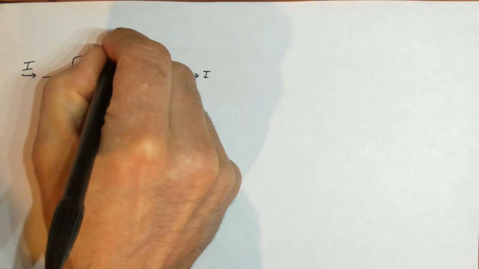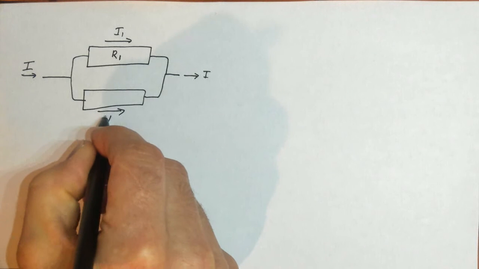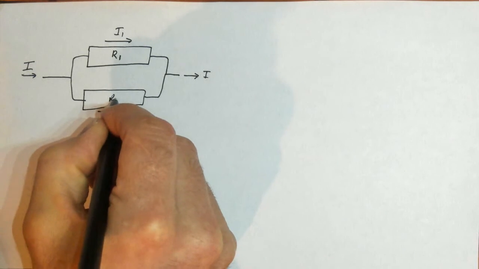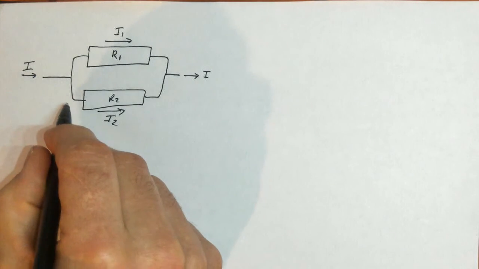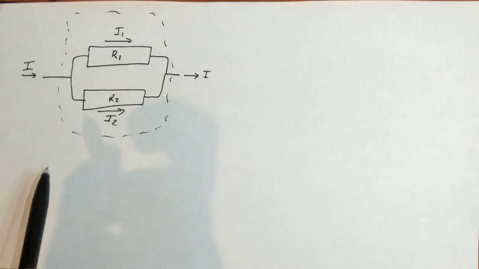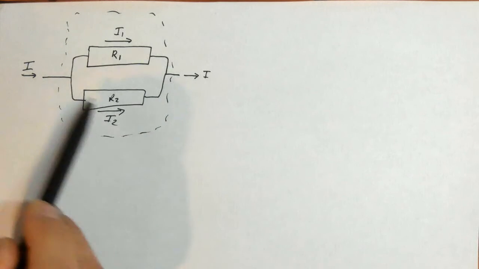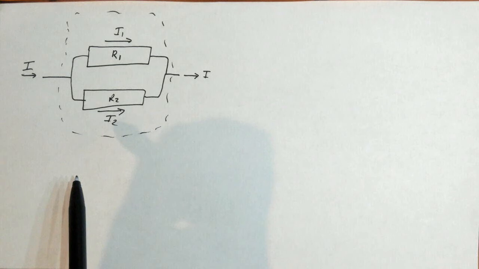We'll call that I1. That's going to be across R1. And some current goes this way. Call it I2. And across R2. And so our thought is to say, well, what is the equivalent resistance? If I put a black box around this and I didn't know that there were two resistors, I'm just measuring the current flowing through this system, what would be the equivalent resistance of these two resistors that are side by